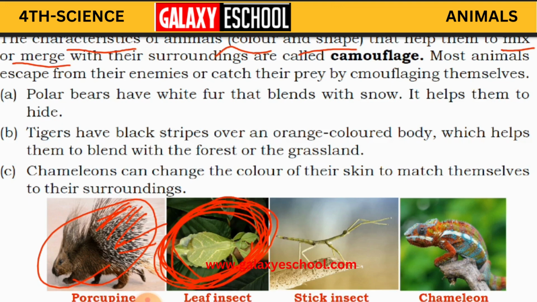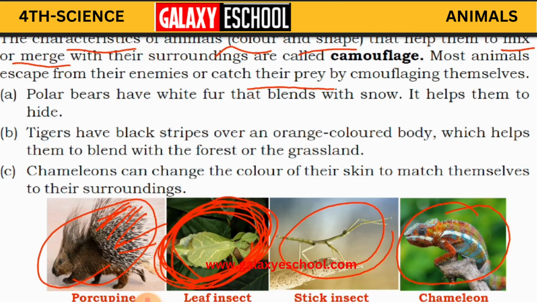They can also catch their prey, in the sense they also have to eat some other insects as their food. So they mix up with the surrounding color and they will catch their prey. Prey is nothing but the animals or whatever insects they want to eat as food. Because they mix up with the surroundings, even the other animal cannot identify it as an enemy. So this becomes very easy for this type of animals to catch their prey. Okay, children, so this is how this feature is helping these animals protect themselves from enemies.